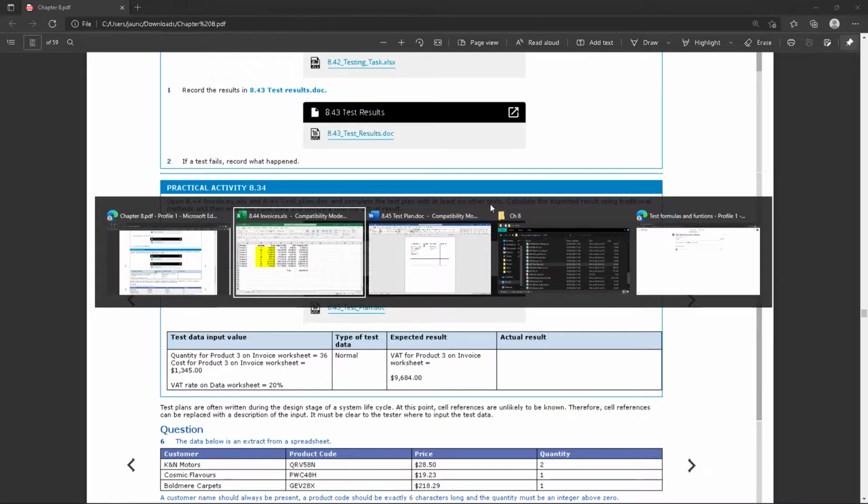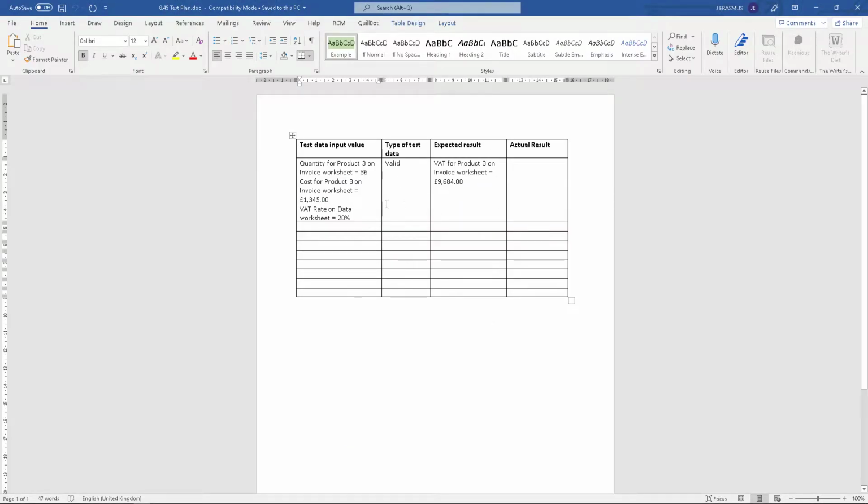tests. So just like we have done in the previous activity, you will have to test certain input data. So this is valid, so this would be normal values. So we will probably test another valid. We'll test something that's invalid, and now we can think of extreme values. Extreme,